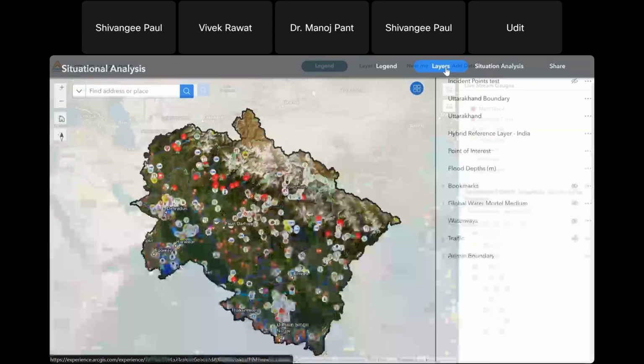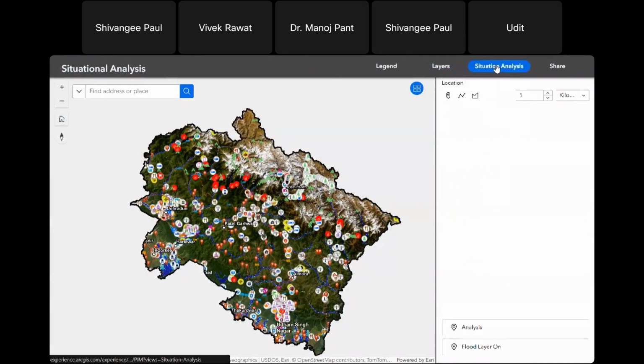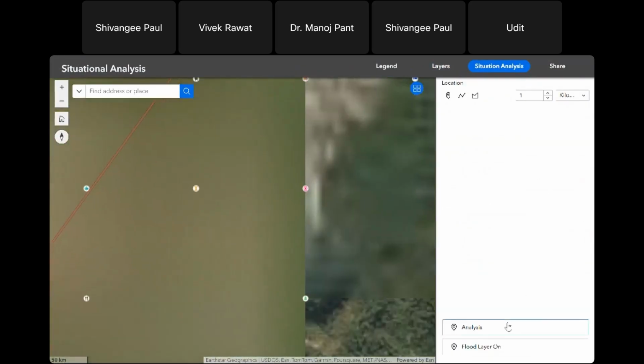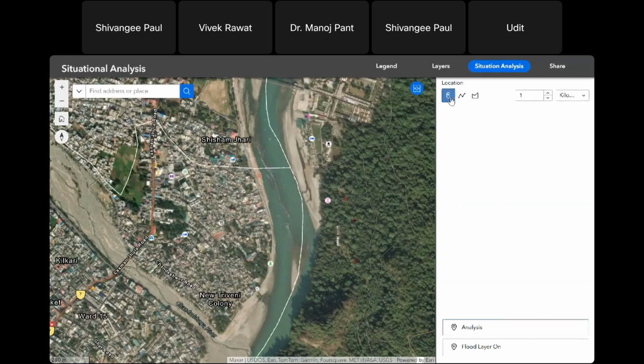Now here is an example of another Experience Builder application. This application is called situational analysis, and here we are trying to assess situations and understand how we can use GIS to enable ourselves in case of any kind of adversities. So for example, in case we have a flood scenario and we want to see the nearest relief features, we